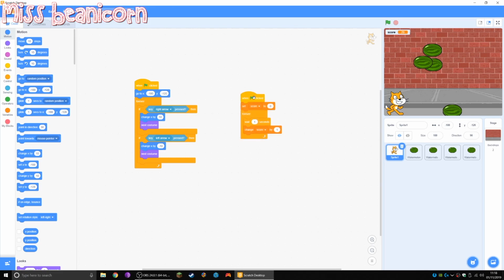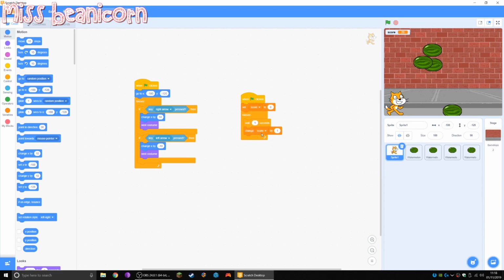This is the score script here as well. Now, how does that work? So when the flag is clicked, they set the score to 0. Score is a variable that we made, isn't it? A variable is like an empty box, isn't it? It means it's something that you can put a value inside. And so when it's clicked, they set the score to 0 because you haven't done anything yet. That's right. But then forever, you wait for 1 second, and then